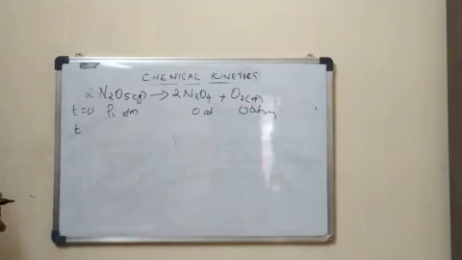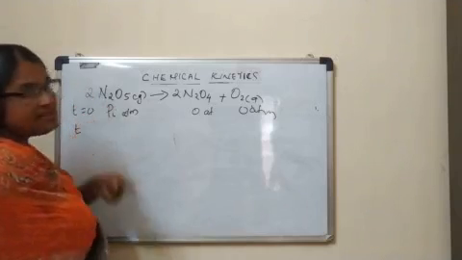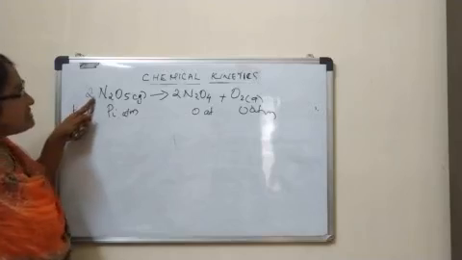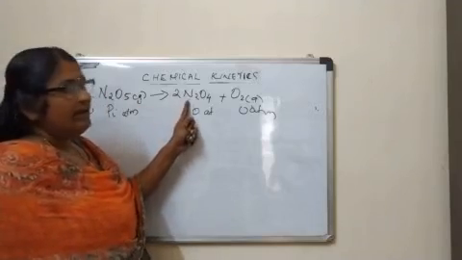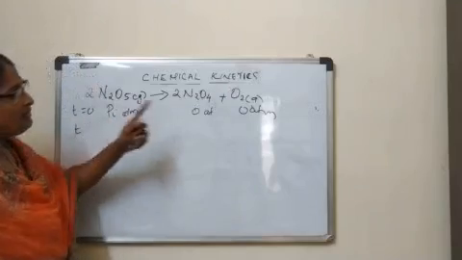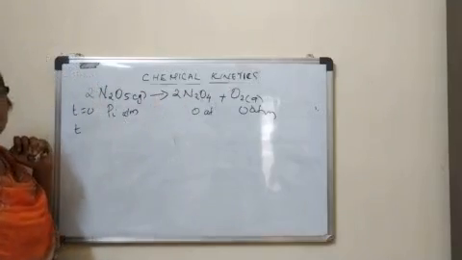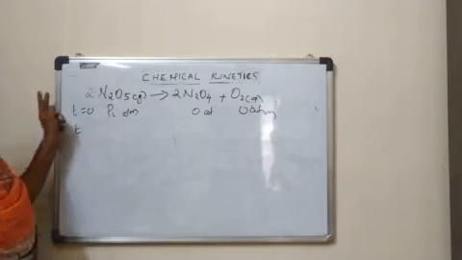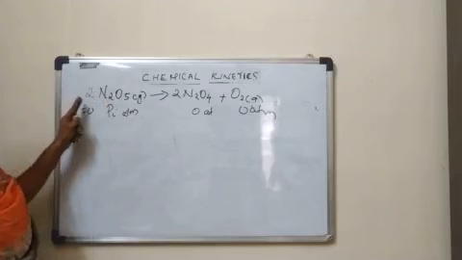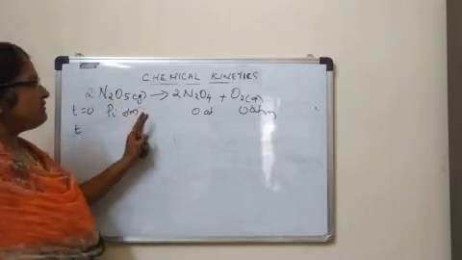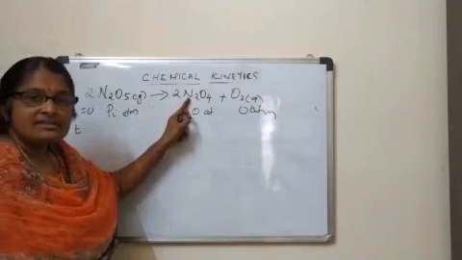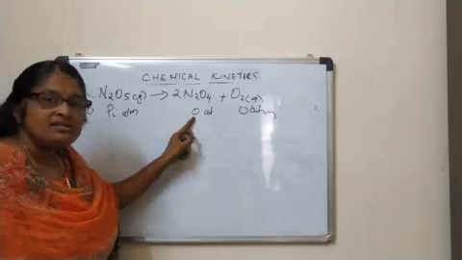let X atmosphere be the decrease in pressure. Let the pressure decrease by not X. Here the stoichiometric coefficient is 2, so 2X be the decrease in pressure, instead of X, since 2 molecules disappear. At the same time 2 moles of N2O4 and 1 mole of O2 are formed when 2 moles of N2O5 disappear. So 2X be the decrease in pressure. When we consider the reactants, the number of particles goes on decreasing with time, whereas the number of particles of products goes on increasing with time. So the pressure due to the products also increases.